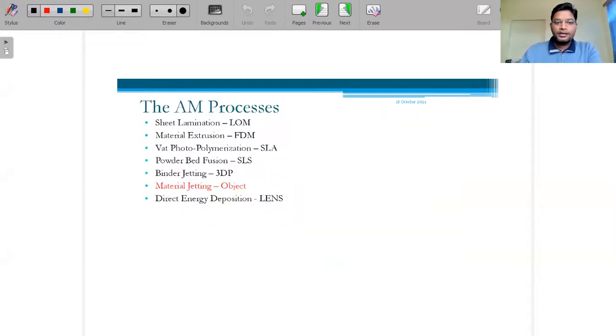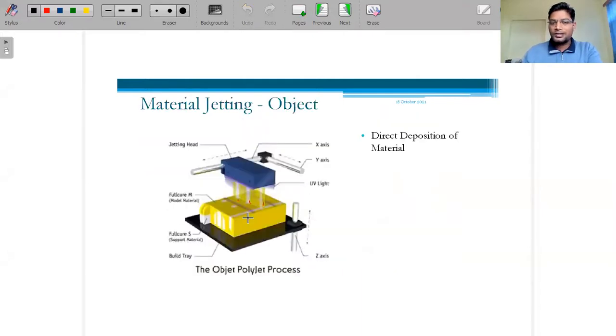Next is material jetting. Material jetting is a similar kind of technique to binder jet, but there is a little difference: this jetting head is connected in the x and y direction, and for the z direction we are using this table feed, meaning build plate feed. And here also, if you see,